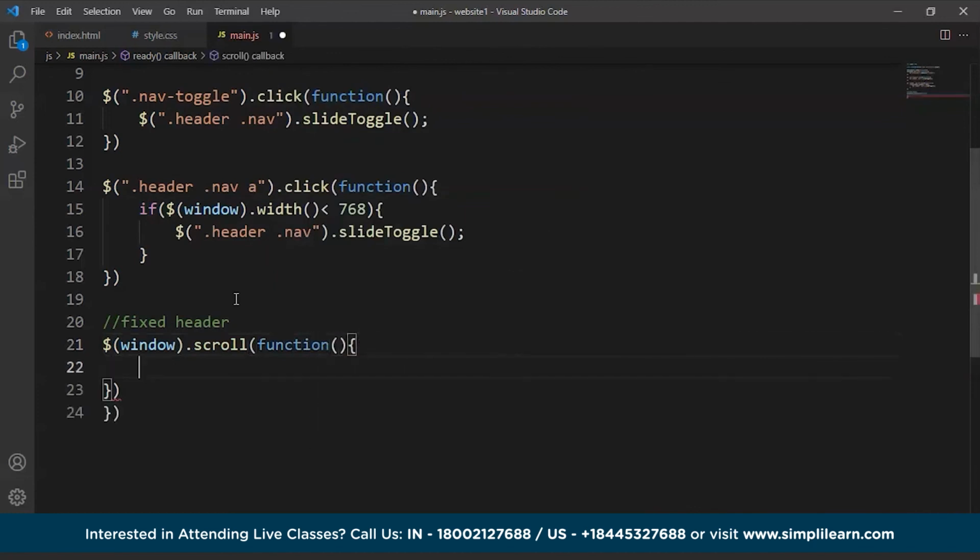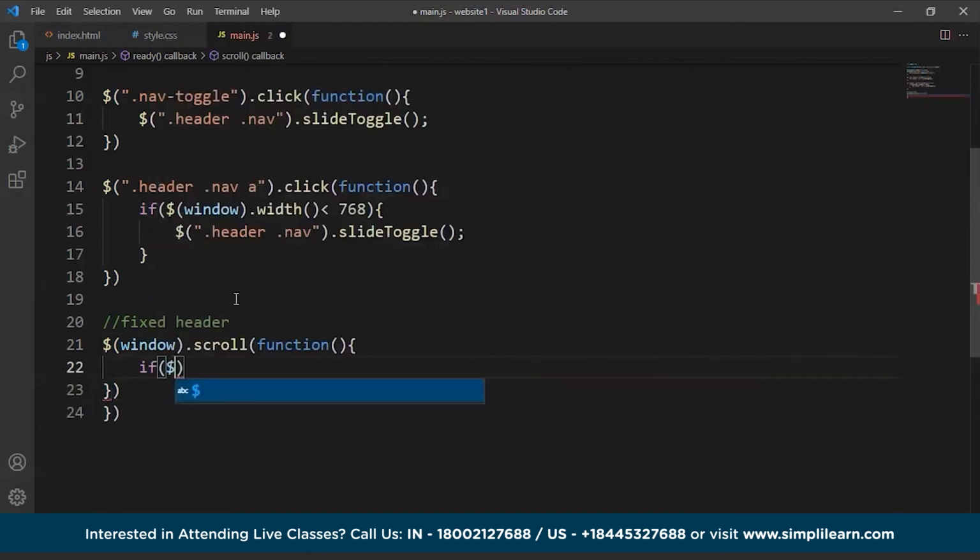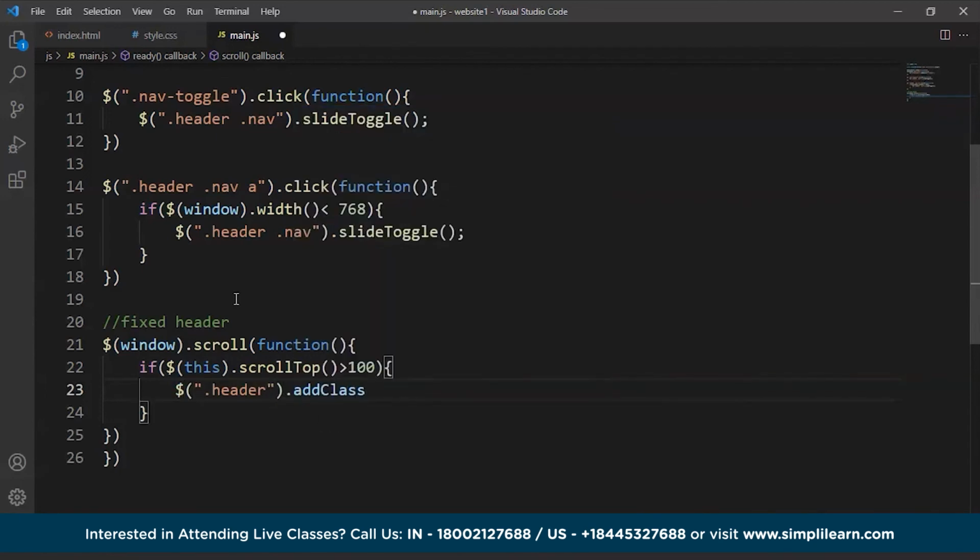Now inside the body of this function, we'll write an if $, then we'll use this dot scroll top. So we have to write scroll top, and this is a method. So we'll write here if scroll top is greater than 100, then we'll write $, and we'll again access the header. So we'll write here header, and we'll write here add class. So we are going to add the fixed class over here. We'll write here fixed,